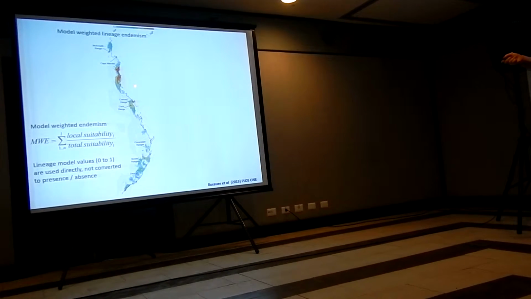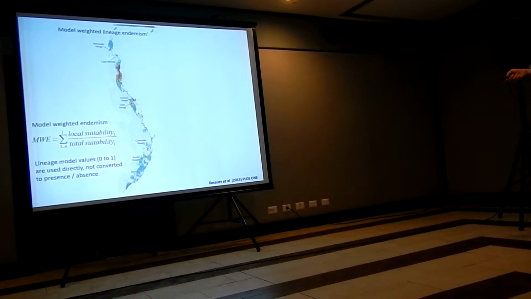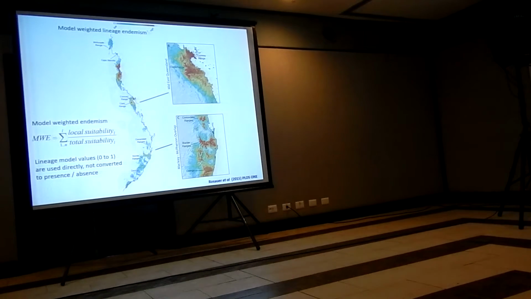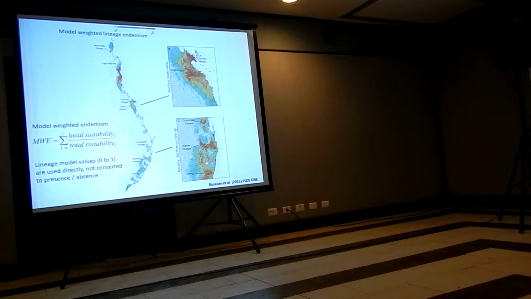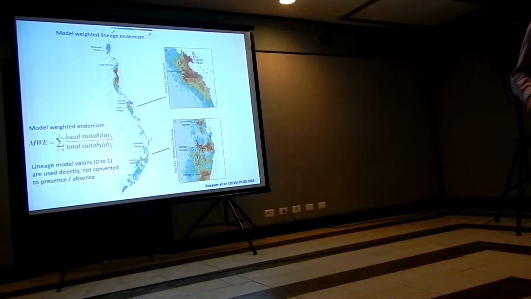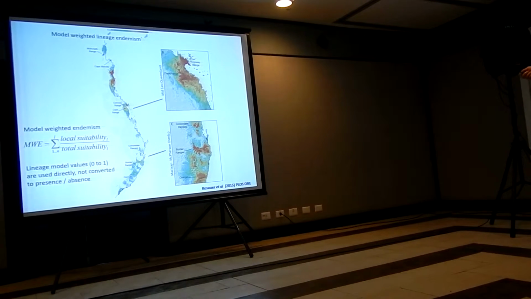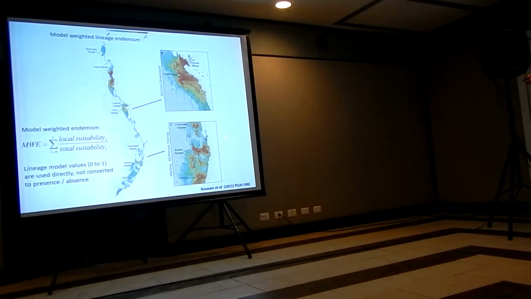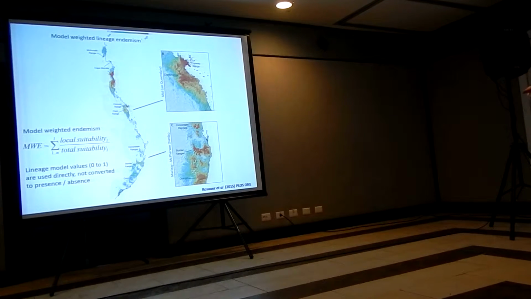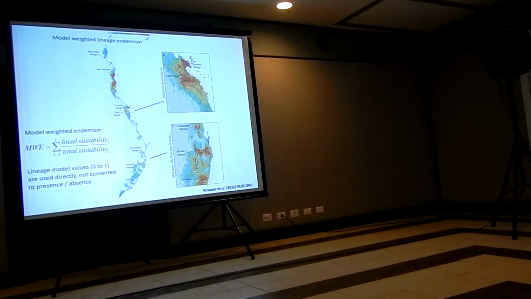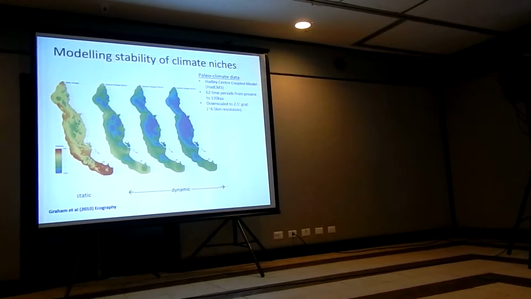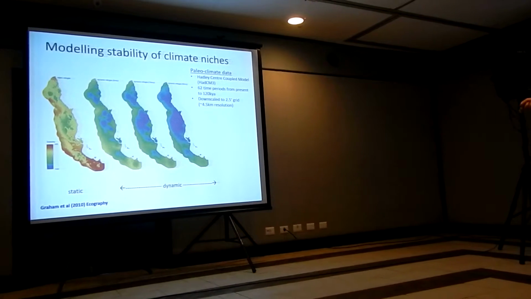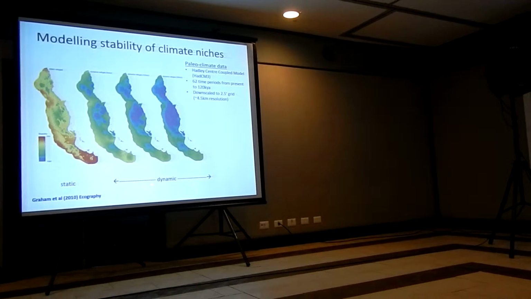And there's a latitudinal diversity gradient from north to south. But within that, we find very clear areas of endemism. And using a model method like this, we can be quite specific about where in the landscape that endemism is concentrated, if we come up with a good prediction of it. And this is already useful in itself, for example, for conservation, where we can help to direct attention to the areas where diversity is concentrated. But what we're interested in here principally is looking at how those areas of endemism relate to paleostability. And for this we use the method developed by Graham et al.